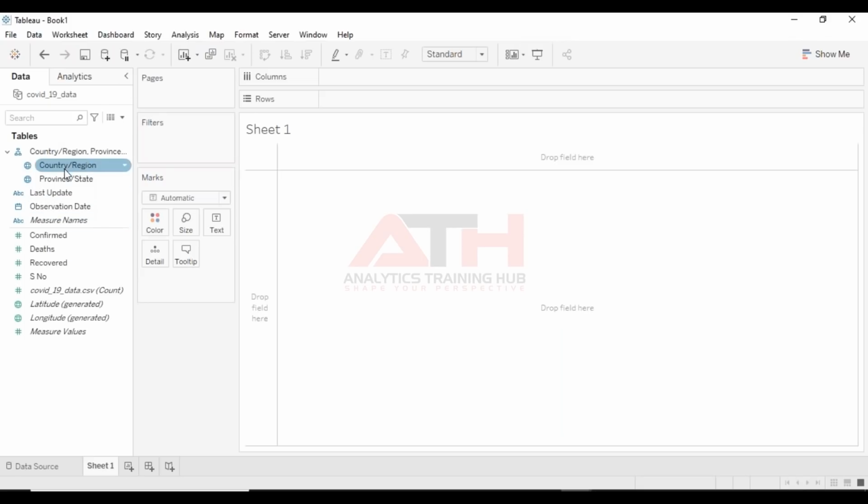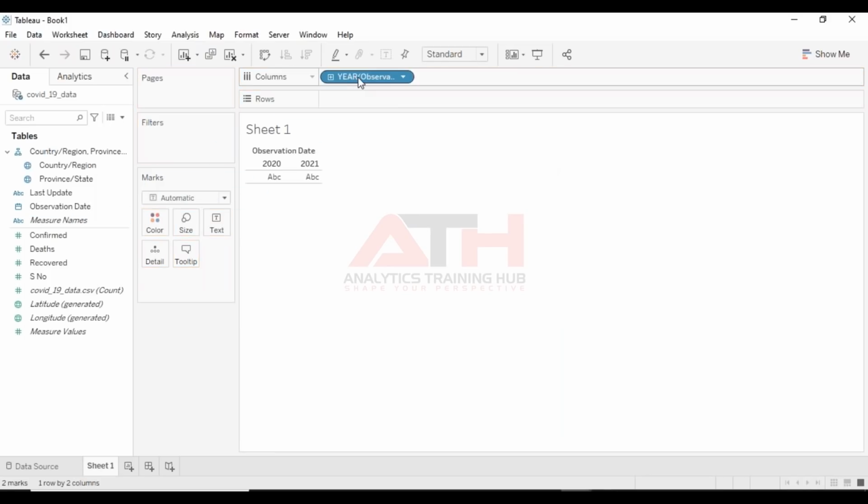Once this is done, the first visualization that we are going to build will be our blended axis. So what is a blended axis? In order to show more measures in one particular graph, we usually create a blended axis. In here, I'll start with my observation date, and all I need to do is drag and drop it to the columns shelf. As you can see now, it's showing me a plus sign here, and it's giving me the year values. Tableau gives me this option, so I can select it by clicking on the plus.